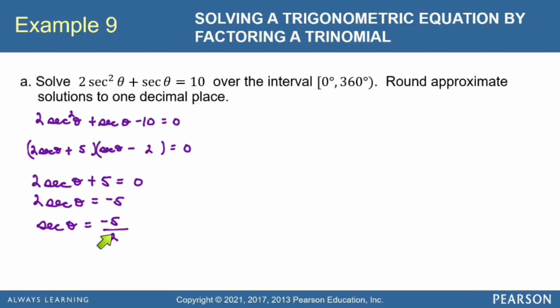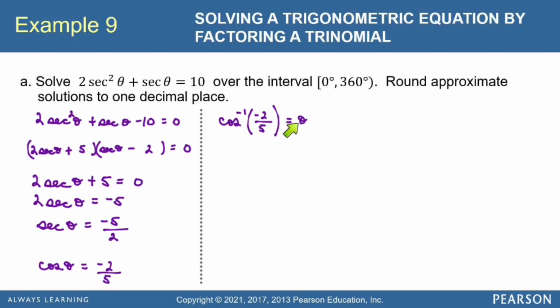Now this is not one of our memorized values, so we know that we're going to end up with some approximate solutions here. But we can't go to inverse form just yet because we don't have an inverse secant button on our calculators. So we need to switch this into cosine form using a reciprocal identity. So if secant theta is negative 5 over 2, then cosine theta is negative 2 over 5. And that means cosine inverse of negative 2 over 5 equals theta. Now we can get a number from the calculator for this. If you punch cosine inverse of negative 2 over 5 into your calculator, you will get theta equals